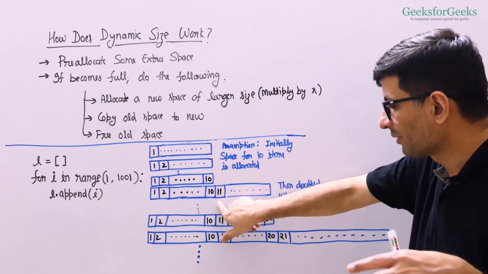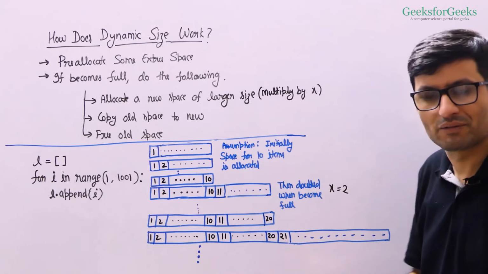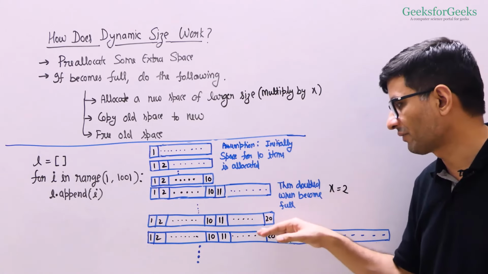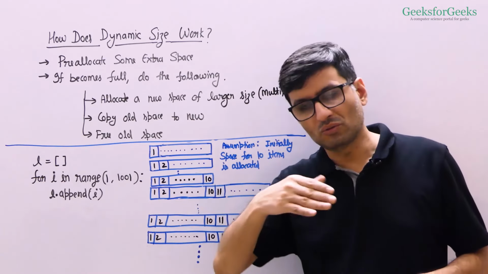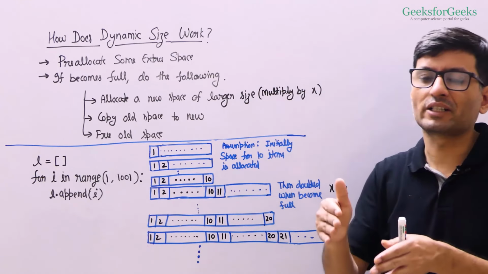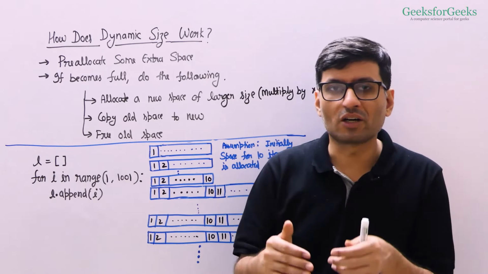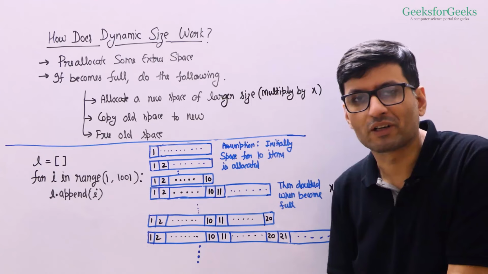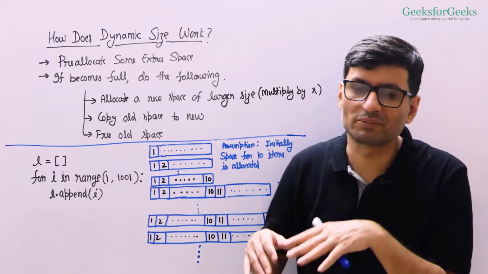So we double the size, we insert 11, and now from 11 to 20, all items are going to be inserted very easily without any problem. Now when you try to insert the 21st item, you will again double the size, right? And then from 21st to 40th items will be inserted easily. Then when you try to insert the 41st item, you will again double the size, right? And then 41st to 80th would be inserted easily. So that's how Python lists allow you to dynamically add items because they internally allocate memory of larger size, free the old space, copy the items, and you can insert as many items as you want.